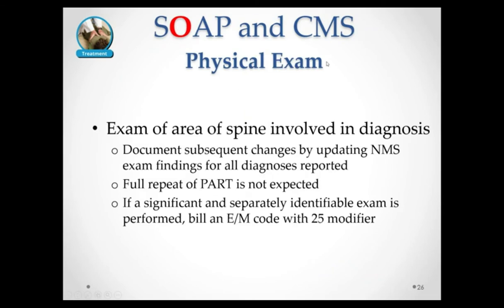Medicare's physical exam requirement for subsequent visits ties into the O. Medicare says they want to see an exam of the area of the spine involved in the diagnosis. And so what I suggest you do, and it's kind of copied from that Medicare LCD, is document subsequent changes by updating the neuromusculoskeletal exam findings for all the diagnoses reported. So if you report a diagnosis of radiculopathy,